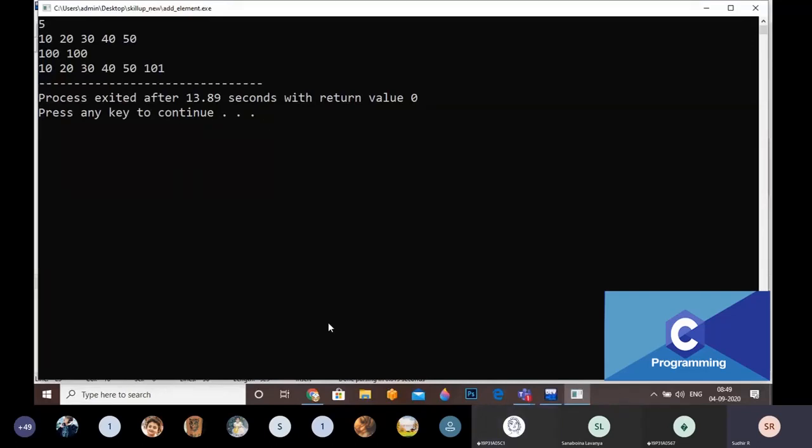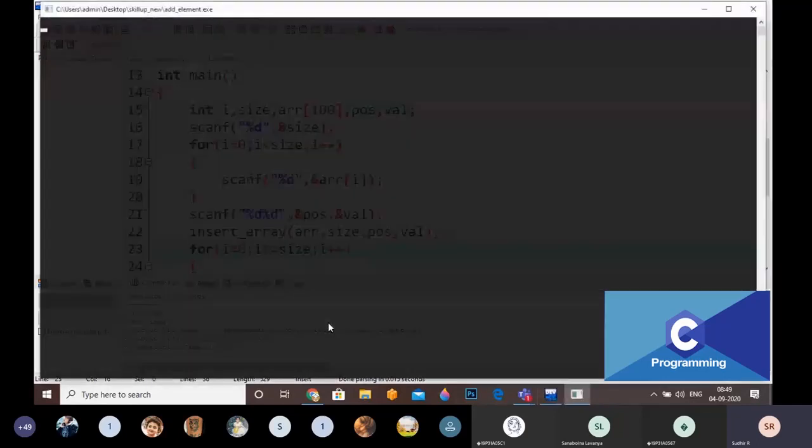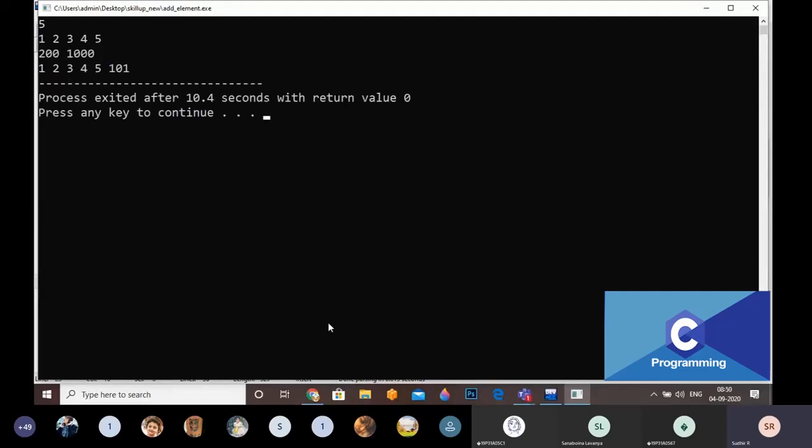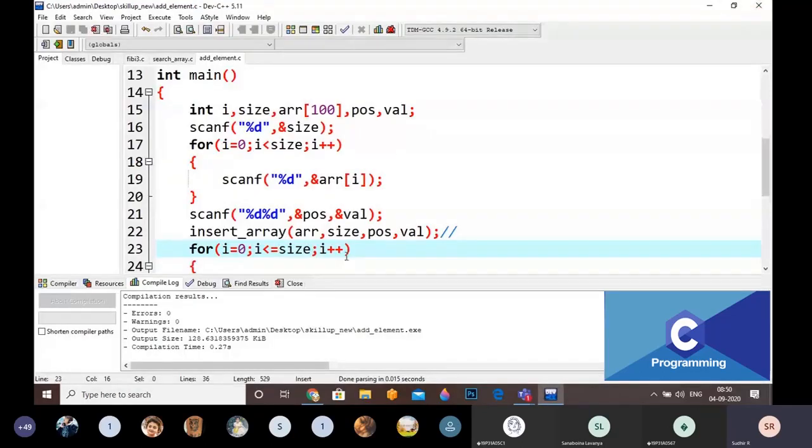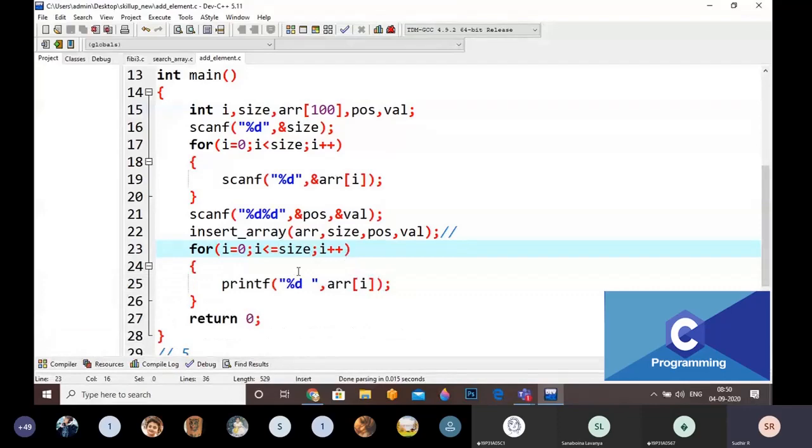That's it. That is the mistake here. For example, 5 values: 1 enter, 2 enter, 3 enter, 4 enter, 5. I am going to give 200 as the location and 1000 as the value. There is no 200th location, right? There are only 5 locations here. I cannot give more than that, right?